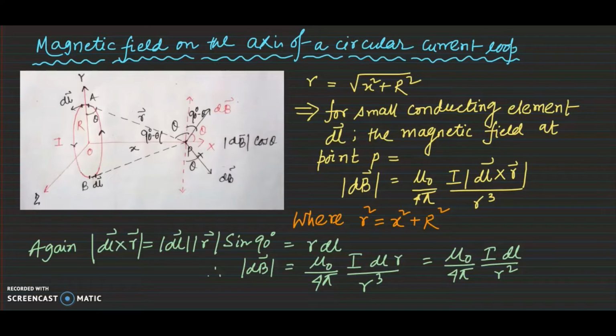So in my last video I brought the concept of the Biot-Savart's law and we saw that the magnitude of the magnetic field produced due to a current carrying wire depends on several factors. The magnetic field depends on the magnitude of the current, the angle between the small elementary length dl and the line joining the point where we are going to determine the magnetic field. It is also inversely proportional to 1 by r square. We have also calculated the magnetic field for a long infinite current carrying wire using the Biot-Savart's law.